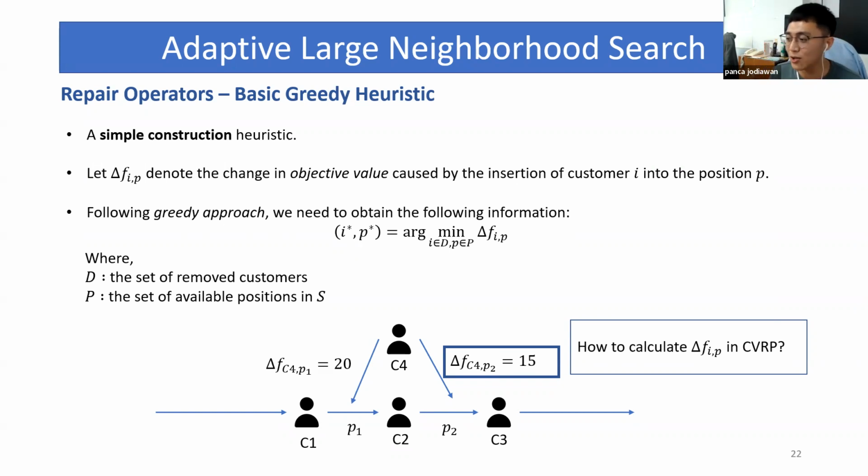Let's say how to calculate the delta F C4 P2. Could someone type the formulation? In the CVRP, as we discussed earlier, we want to minimize the total traveling distance, right? Then how to calculate the delta F_i,p? Let's say I want you to calculate the delta F C4 P2. Please, could you provide me the formulation?